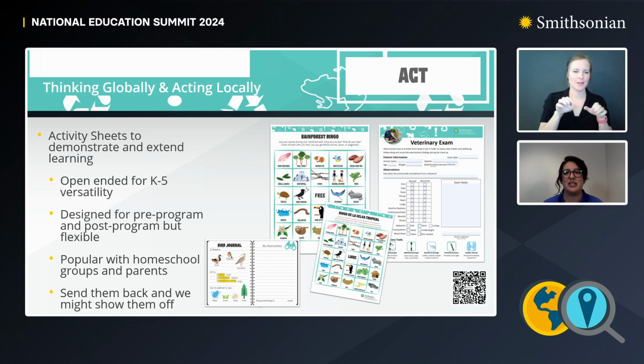These activities, while we do call them post-program activities, can be done either before or after the program, and again, can be done individually. You do not need to follow along in the program or the theme to complete these activity sheets. And we love when our students send us back completed activity sheets. This helps us know, did we get the message across? And with any of the activity sheets that we do receive, we show them off in the next month's program, which the students love, seeing their own artwork, being called out by our hosts, thanking them for their amazing artwork. Next slide, please.